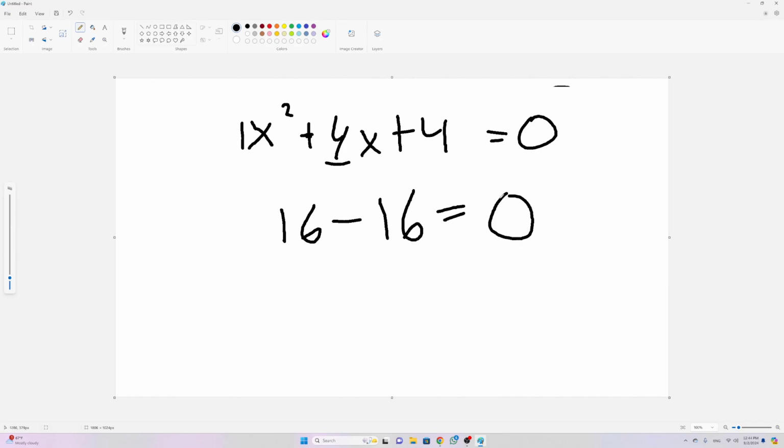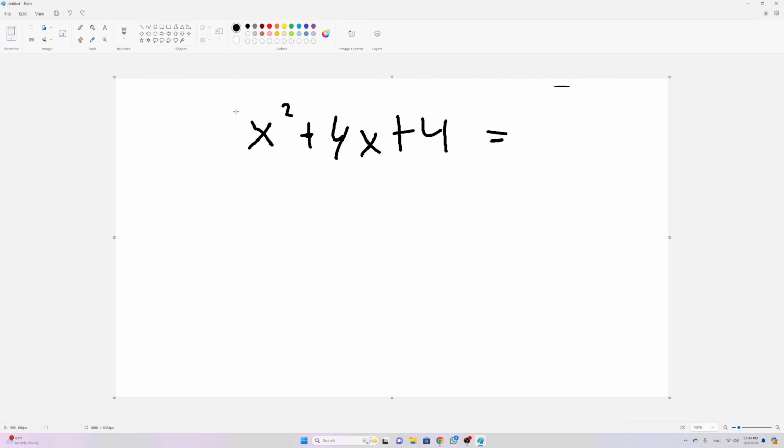So 16 minus 16 is actually equal to 0. So when b squared minus 4ac is equal to 0, you'll have exactly one solution. All right. Now let's look at the last case we had, which was